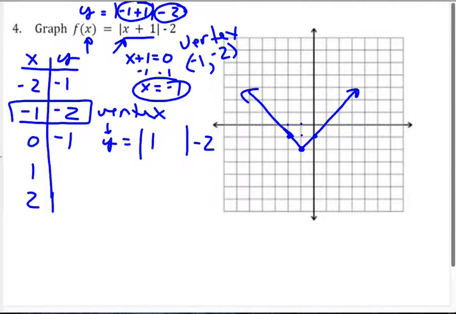If I plug in 1 plus 1, that's going to give me the absolute value of 2 minus 2. This is 2 minus 2, or 0. 1, 0 is this point right here. And when you plug in 2, you're going to get 1, and that's this point right here. Now, this was an absolute value function because it was an equal sign, so I don't have to shade anything here. The next one,